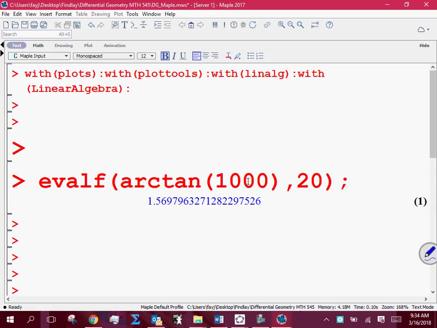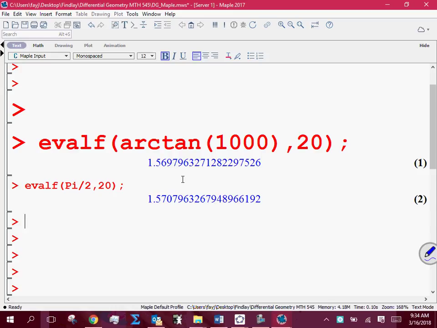Now, my question is, is that close to pi over 2? And let's go 20 decimal places for pi over 2. We see that these are pretty close, to that 2 right there and that 2 right there where my cursor is, they're the same, right? But after that, this one is a larger value. The question is, will I ever be able to get these two things to be the same? Well, if I go out